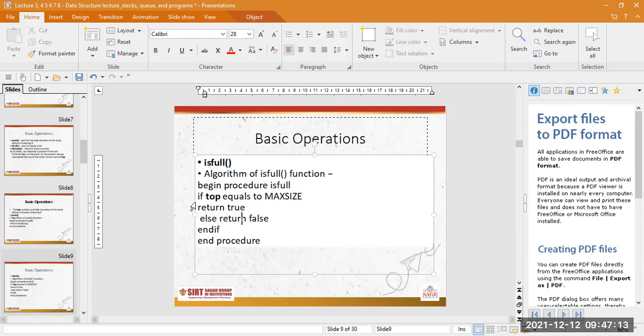Okay, and you tend to write the algorithm in this way: begin procedure is full, if top equal to max size. You are not writing the syntax of programming here. In an algorithm, you tend to write in a very brief manner what it is meant to do, so that a person who reads that particular algorithm can understand the meaning of each statement. So begin means you are beginning, you are doing the is full condition, top, return, else, and end if, and end procedure, you are ending the particular algorithm.